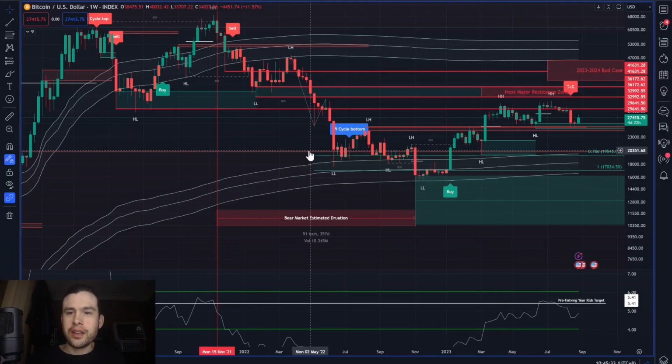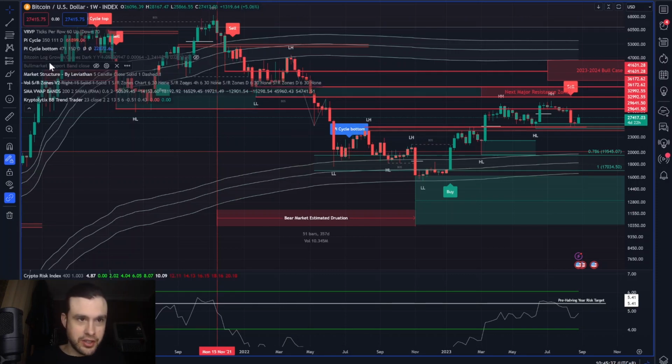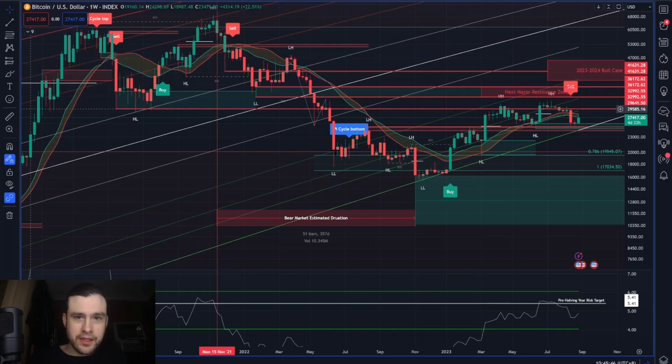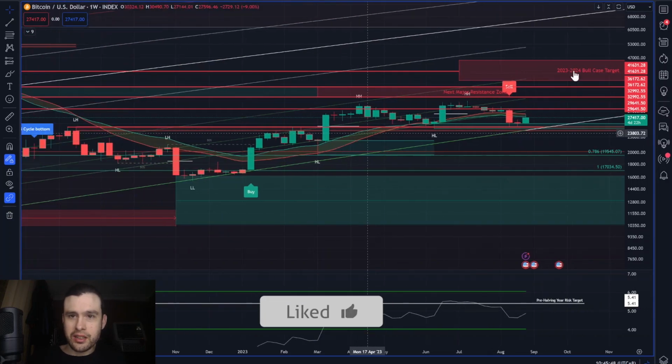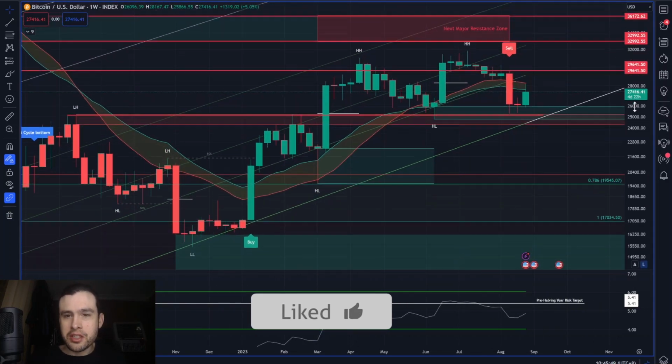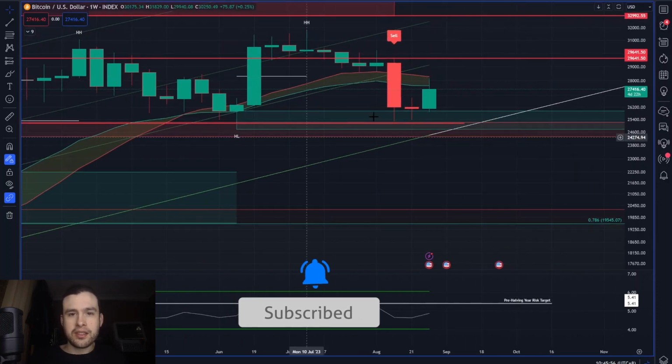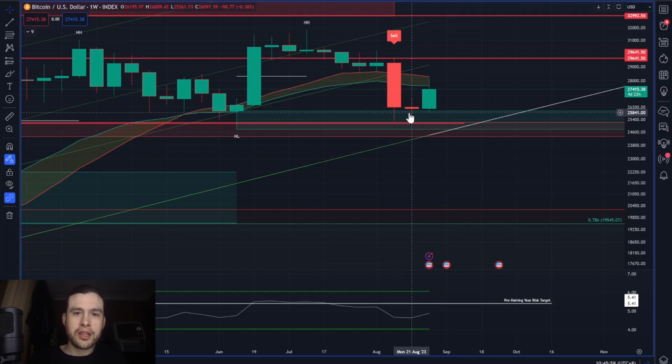Okay, so here we are on my cycle chart, which last time I showed looked like this, but I'm going to just remove the VWAP bands for a sec. This is the chart that I usually like to start my long-term outlook on, generally speaking. In the last video I said I suspected that we would hang out here for a little bit. So we were in the middle of this candle when I did the video, and we've had